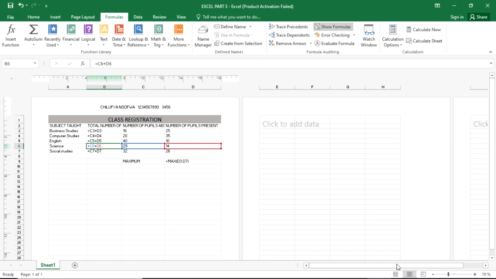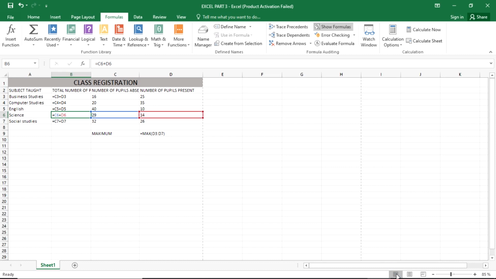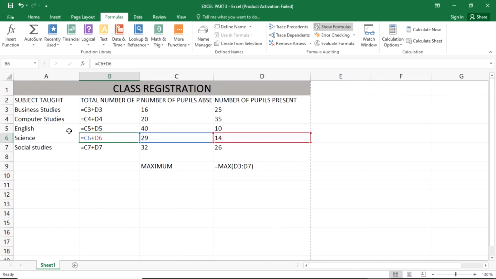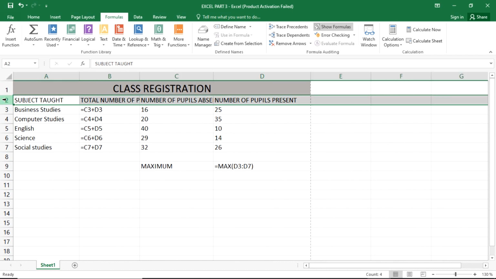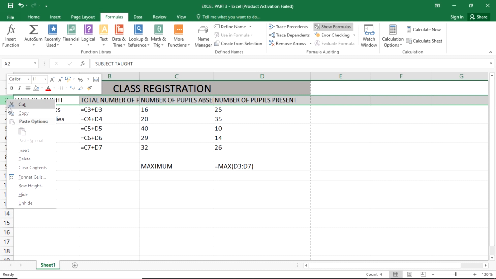Okay, we have managed to shrink our cells. Let us go back to the normal view, and let me just zoom in. As you can see, in this cell the text is not properly displayed. So in order for us to properly display our text, let us click that row number and right click and go where it says